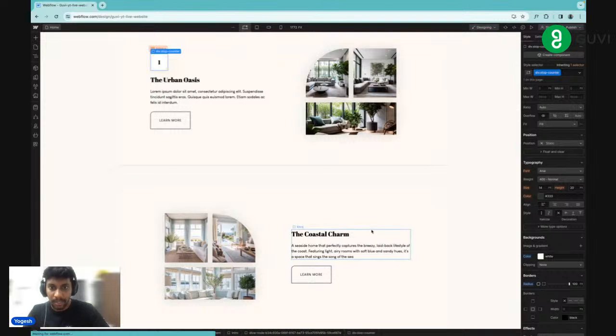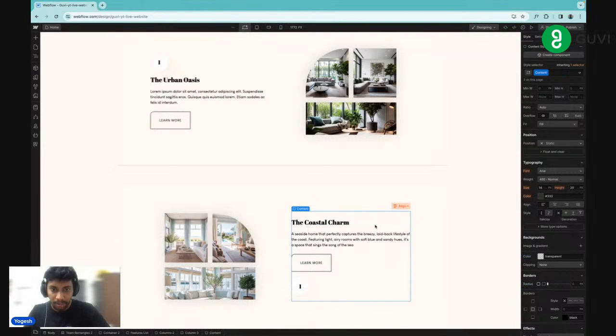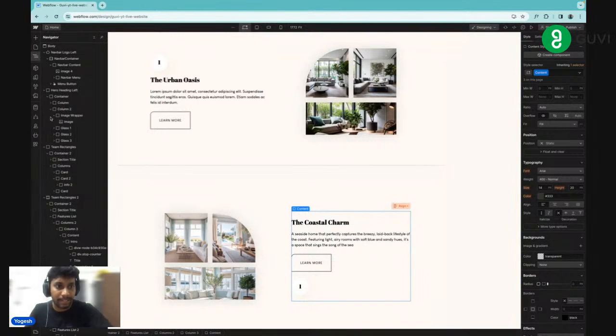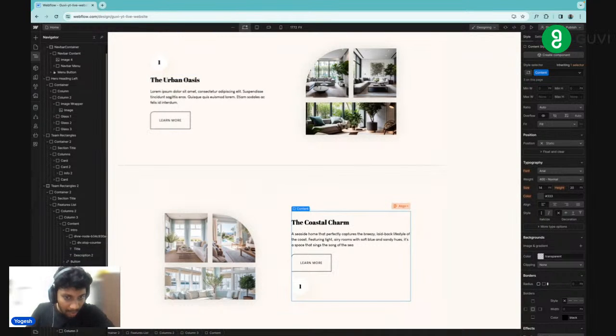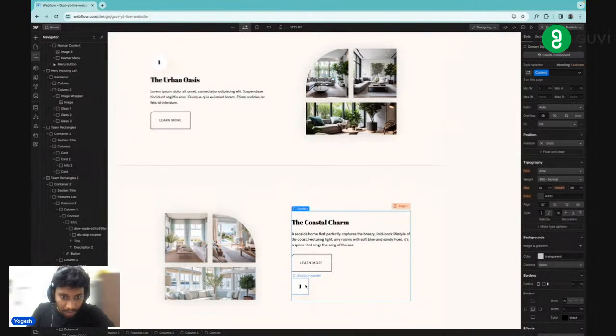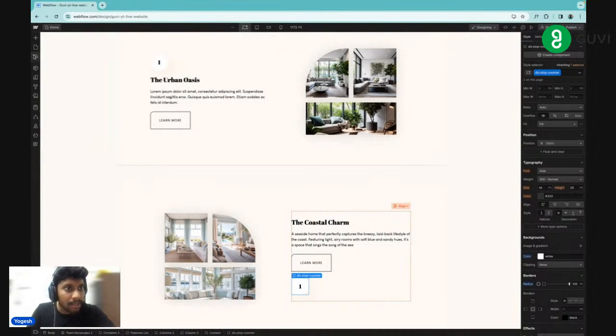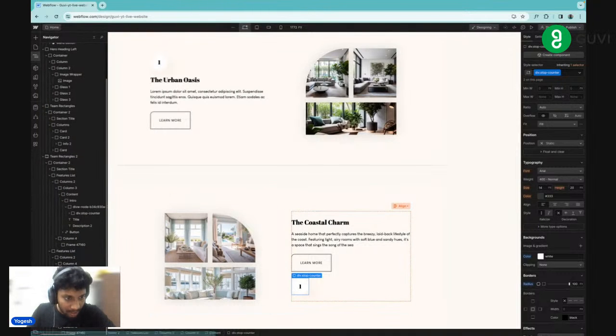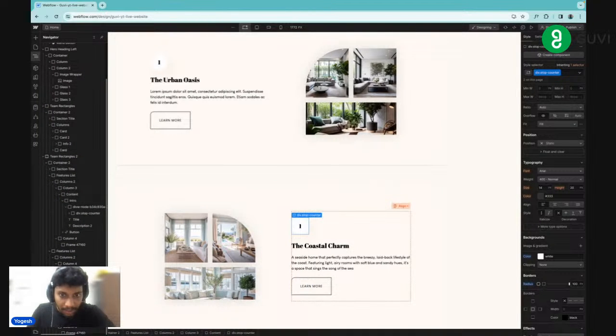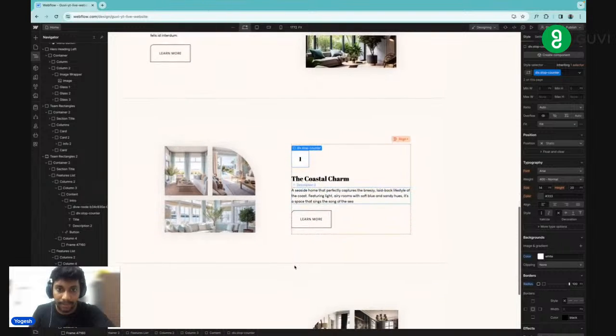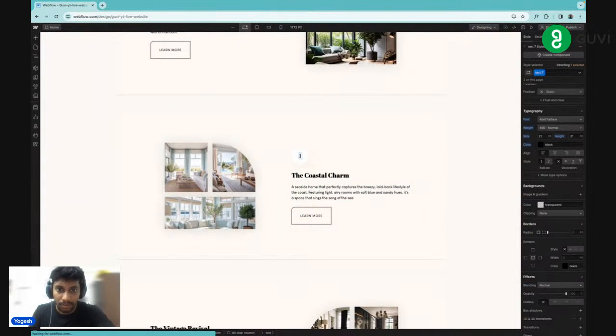Desktop counter, and in this content part I'm going to copy this, and in the navigation, to bring it to the top, I'm gonna pull this one and go into the navigation and pull it to the very top like this. So in this way you can also arrange the order of your elements, so it goes from top to bottom like this, or like first to last, so you can arrange them accordingly. And let's change this to 2, by the way,